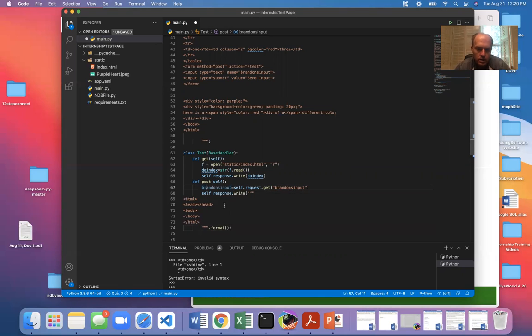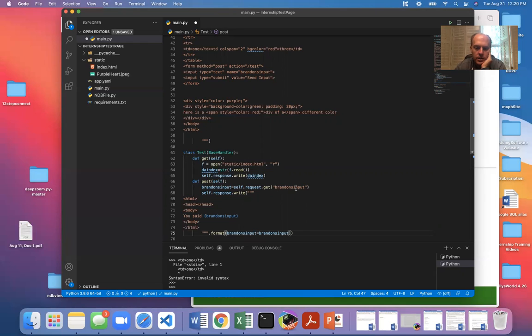We're going to say Brandon's input. Then do the squiggly brackets for wherever you want to insert your text into it, and you do dot format. Brandon's input equals Brandon's input, because what it's actually doing is the user's typing the info here,